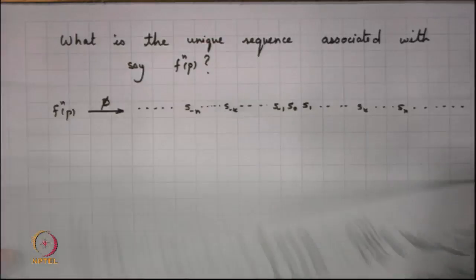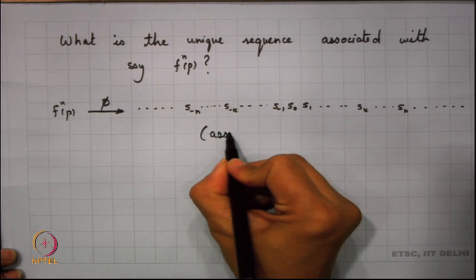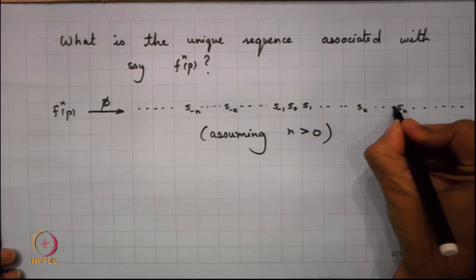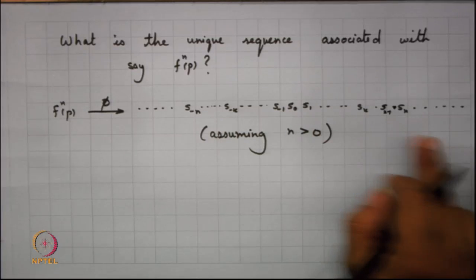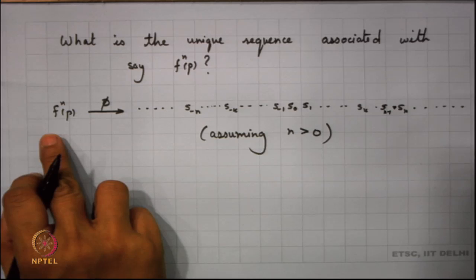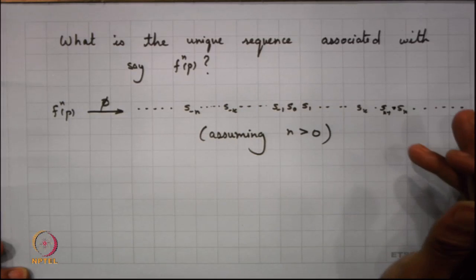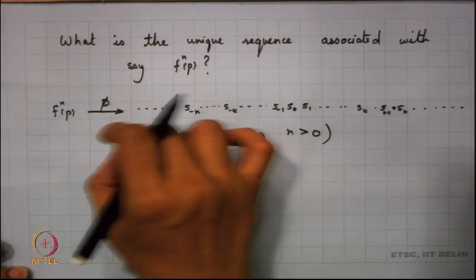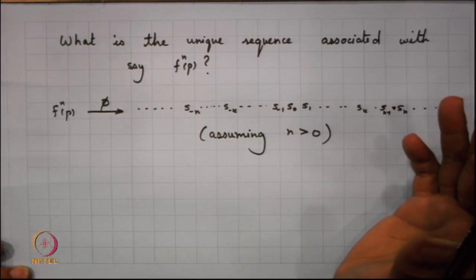So, what is my f^n of p? Basically, assuming my n to be positive, my decimal point sits up here. I have an S_{n-1} here and my decimal point is here. So this is again a unique sequence of zeros and ones. My orbit of p can easily be seen to be concurrent with the orbit of zeros and ones, and my map is just moving a decimal point to the left or the right. This moving of the decimal point to the left and right is basically called a shift map.